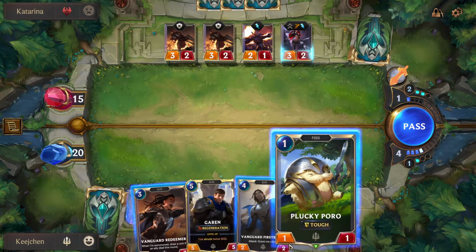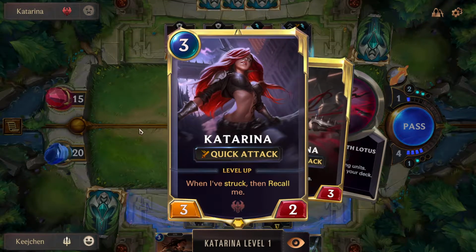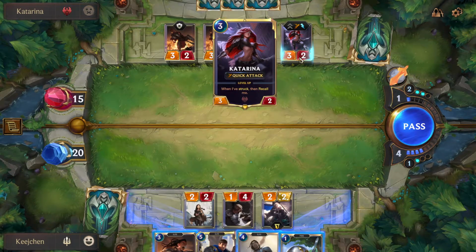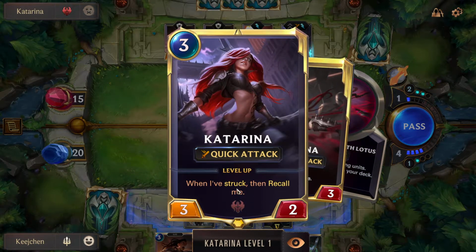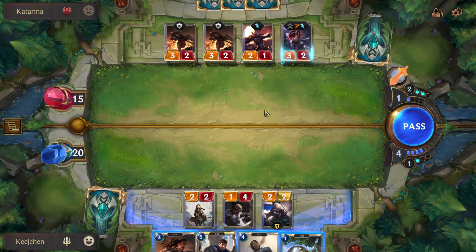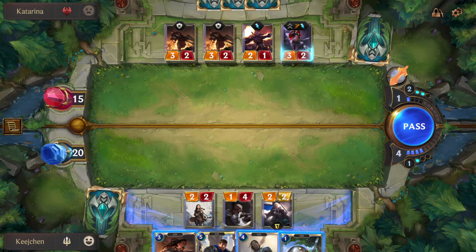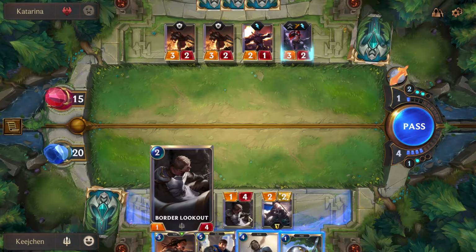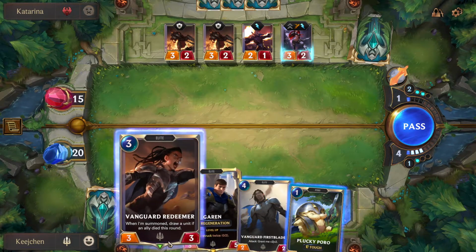Amazing. Alright. We have Katarina here to deal with. She's 2/3. And why is she lighting up like that? I don't know. Because she's got quick attack, maybe. This is kind of interesting, because if she strikes first, she can kill every one of them, except the Border Lookout. But he has attack anyway, so I don't have to worry about all these things